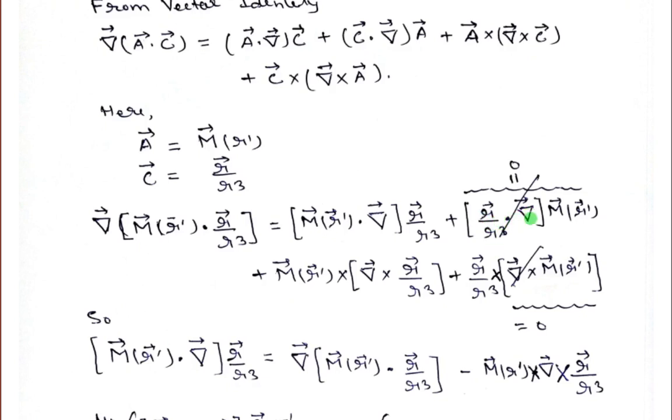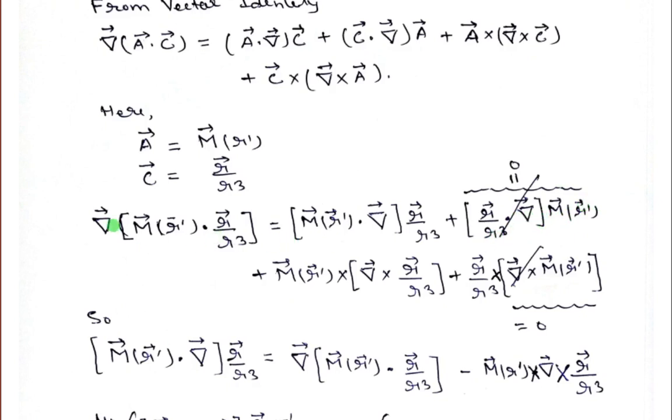So here we have del upon del x plus del upon del y plus del upon del z, with r vector upon r cube outside, and the unit vectors x cap dot x cap becomes 1, y cap dot y cap becomes 1, z cap dot z cap becomes 1. So what remains is del upon del x plus del upon del y plus del upon del z. When you operate this del operator on the prime coordinates, since M is a function of x prime, y prime, z prime, this again becomes 0.